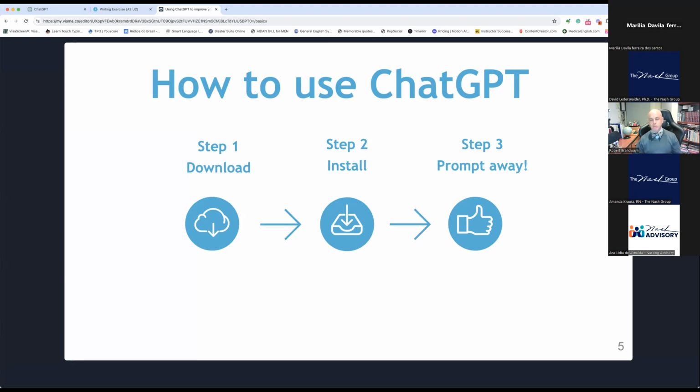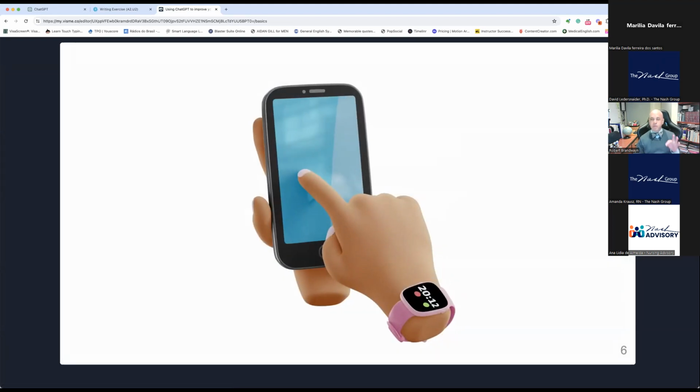Donde ustedes van a ir mejorando y trabajando su habilidad de hablar. Okay, so how does this work? ¿Cómo funciona esto?